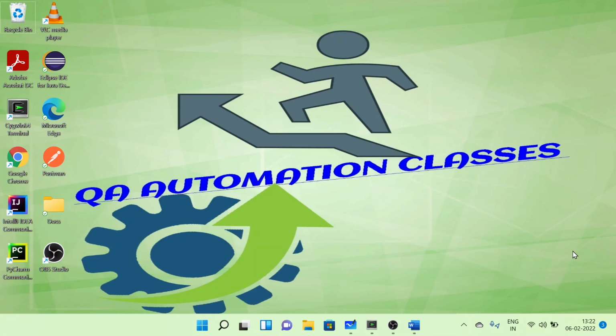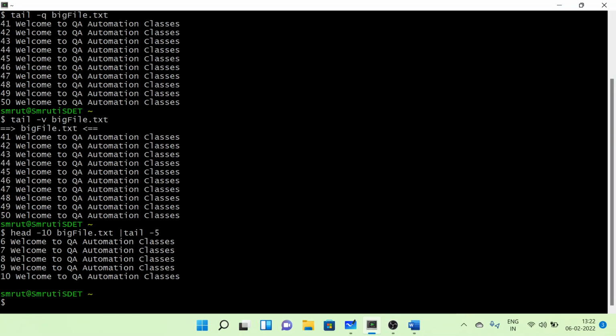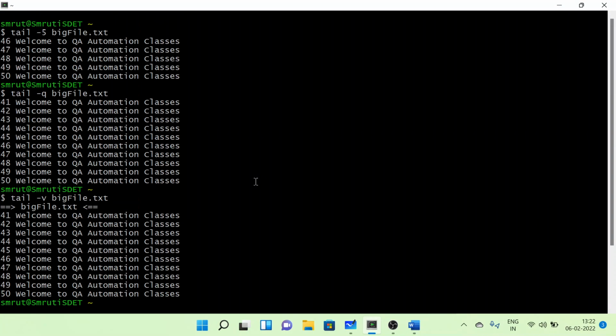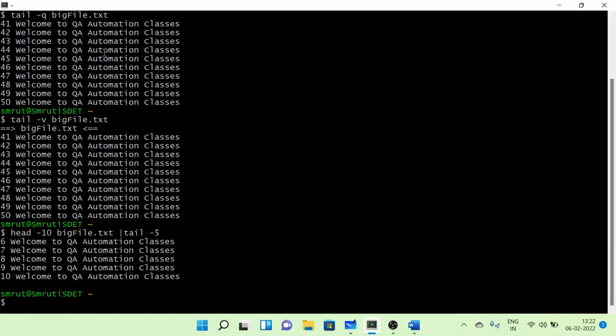So today we are going to continue with the remaining filter commands, right? In the last class we have already seen a few of the filter commands, like more, less, PG, and then head and tail, right? So these are the commands which we have already seen in the last classes, and continuing further on those commands,